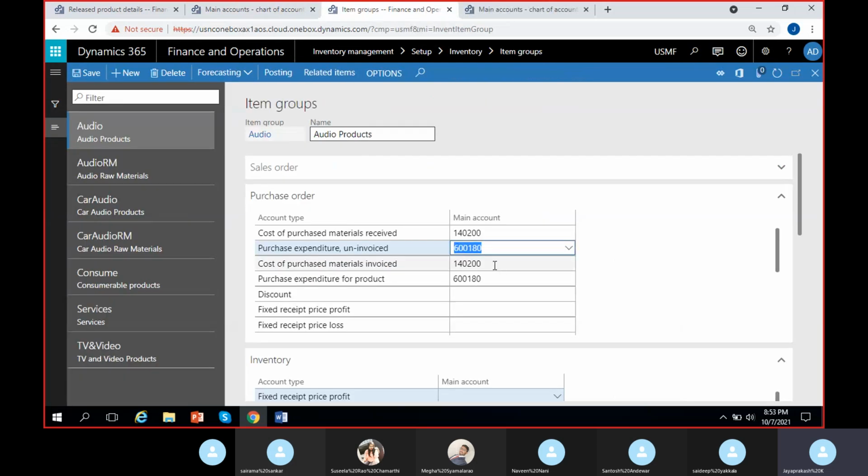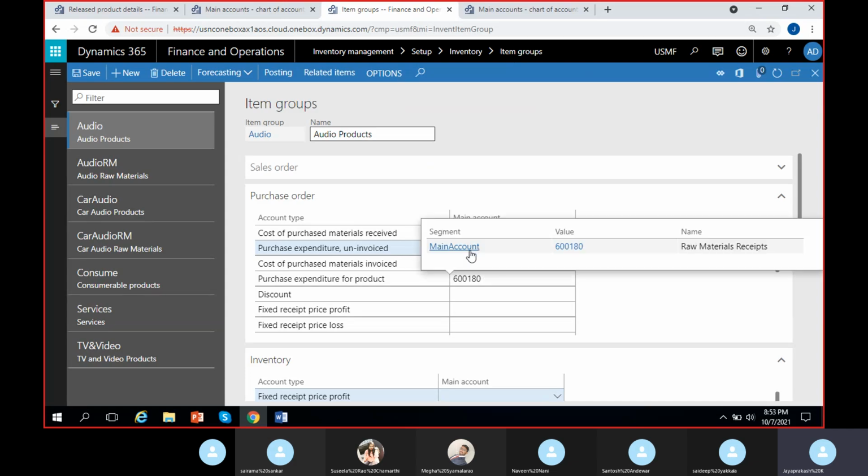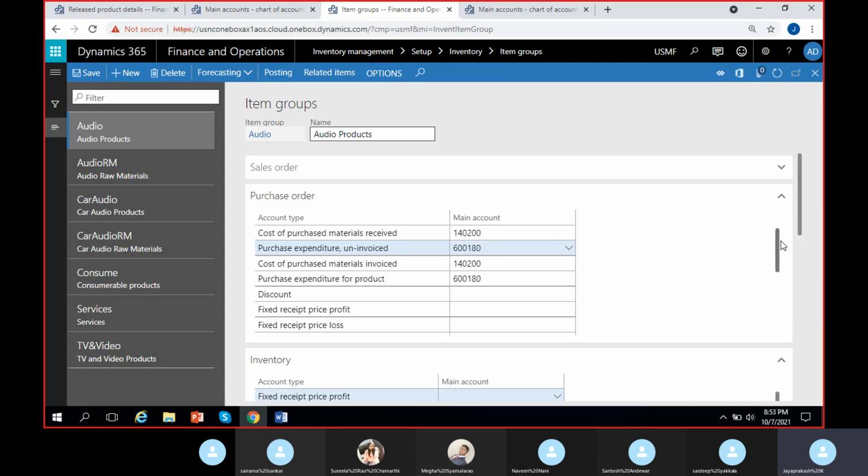Other account we have is same 14200. We have already created it, no need. So this one also we have already created, so no need. Go back,